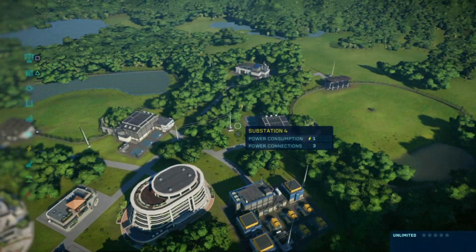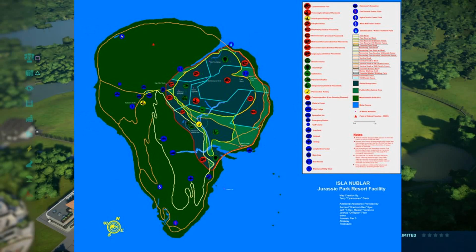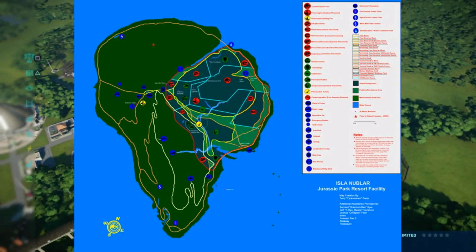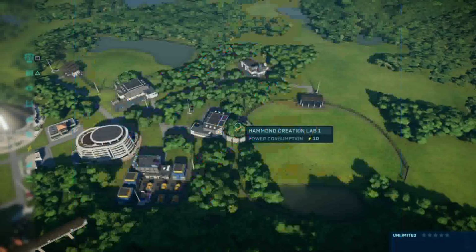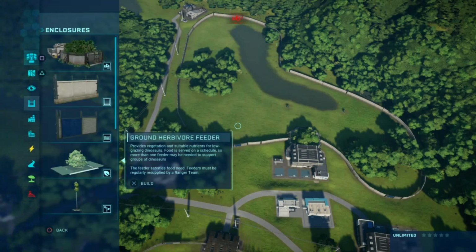I'll put a screenshot of the map in the video on YouTube so you guys can see what I'm trying to recreate. Obviously there's going to be major differences because of the sizes of enclosures and the layout and stuff, but the idea is there, and this is something that I really wanted to do. Yeah, I don't know if the Brachiosaurus are going to work, but we're going to try it